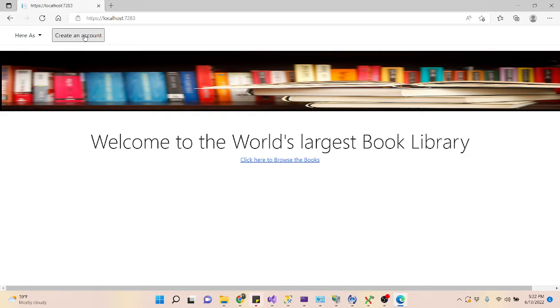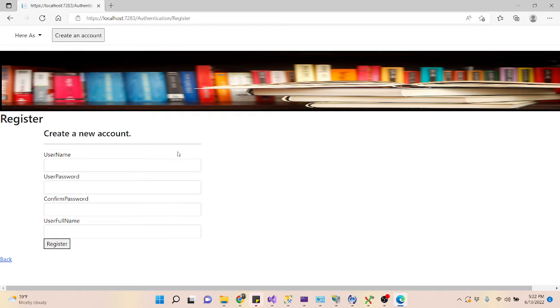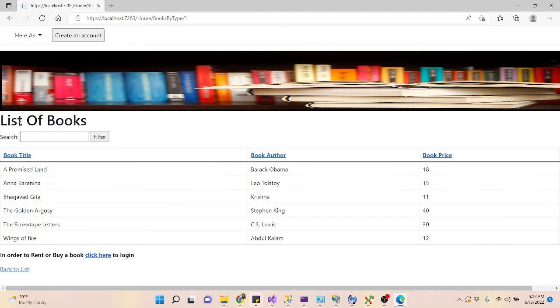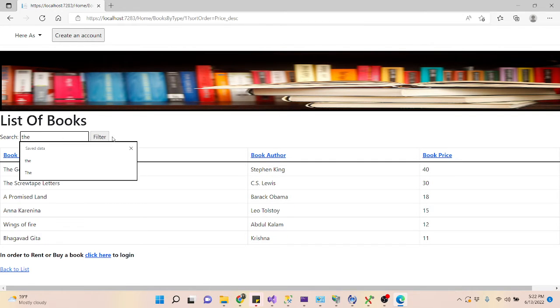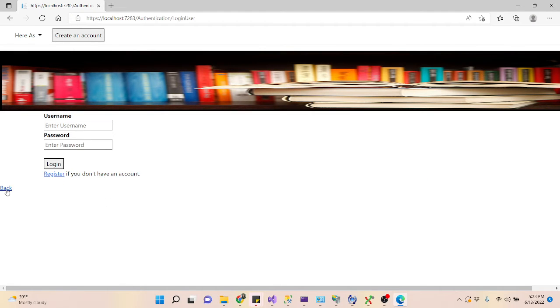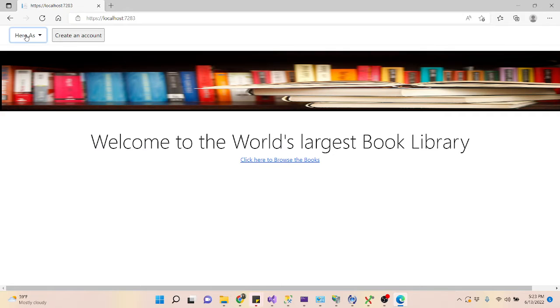So as a guest user, you can create an account. It will ask you to create an account. It's a registration page, or you can browse a book. So you can click here and you can see all these books. A guest user can sort by title, author, or price of a book. They can also search with their filter criteria, and in order to buy a book, they have to click here to log in or register. They can also log in from here,